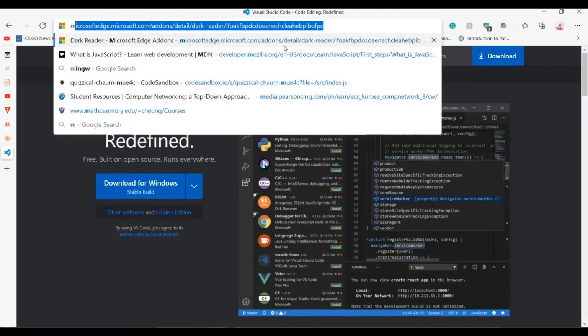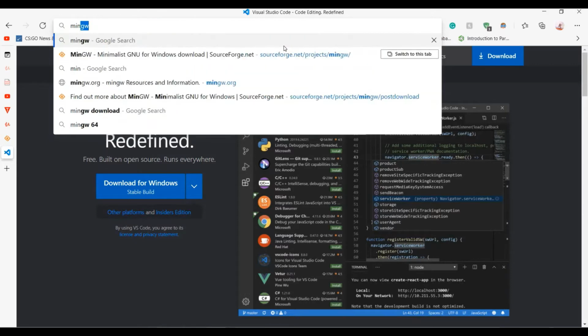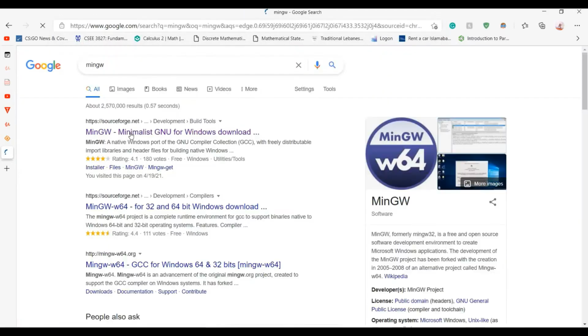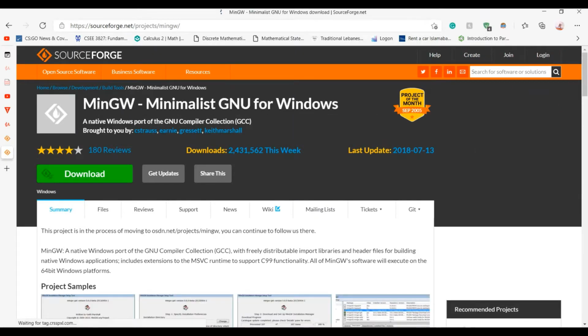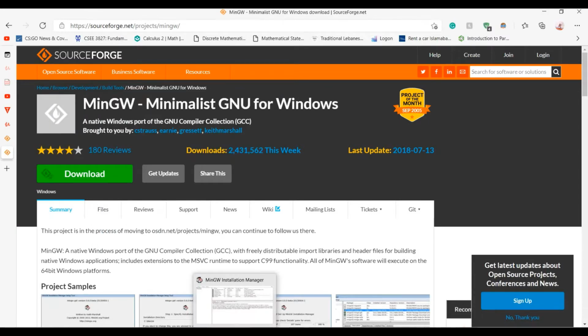Then what you need to do is download MinGW. It is a C++ compiler, so you will download it from here. Search on Google and click the first link. So you can download by clicking here. Then when you download it, you will open